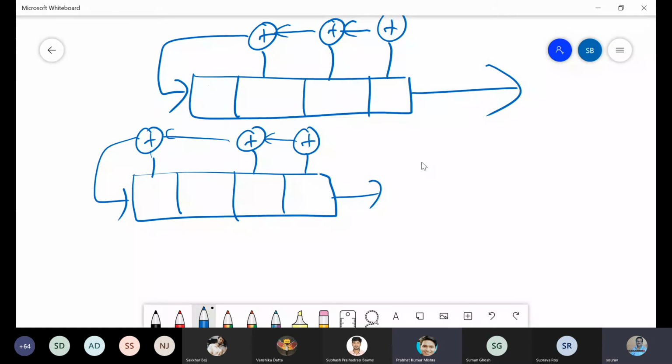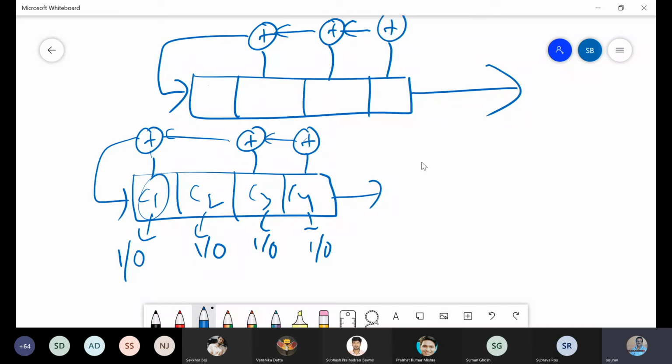Sir, I said 4C2 plus. Why 4C? See, we have connections basically. Suppose this is a C1 cell, C2 cell, C3 cell, C4 cell. They will either contribute or not. If they contribute, we say 1. If they cannot contribute, we say 0. So there are two options, and we can have a connection, say with an XOR gate. I'll come to that. So I think 2 to the power 4, na? Yes, sir. In that way, it will become 2 to the power 4.